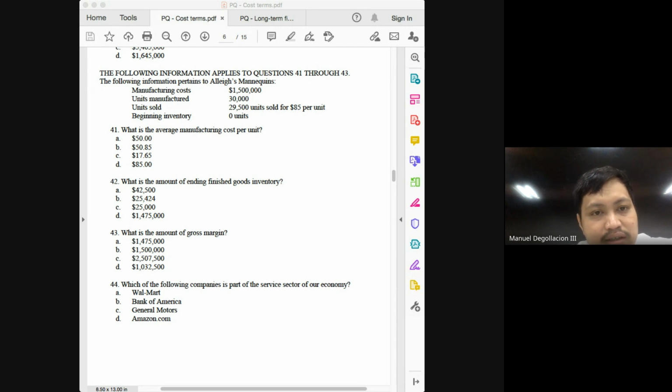Alternative solution, class. You get your gross margin per unit, or gross profit per unit, and multiply it by the number of units sold. How much is our gross profit per unit? How do we solve that one? Selling price per unit minus cost per unit. So the selling price of 85 minus the cost per unit of 50, your gross profit per unit is 35. 35 times, very important, 29,500, not the 30,000. So 35 times 29,500 will give you